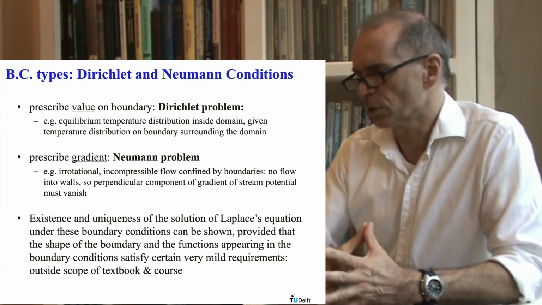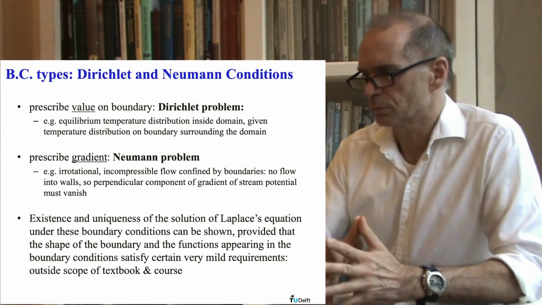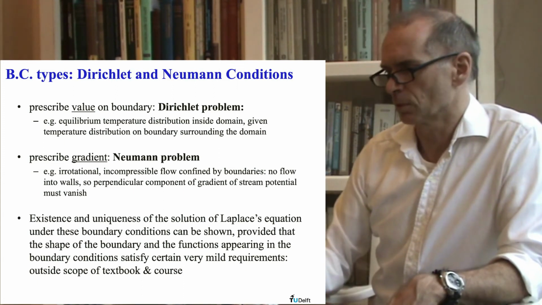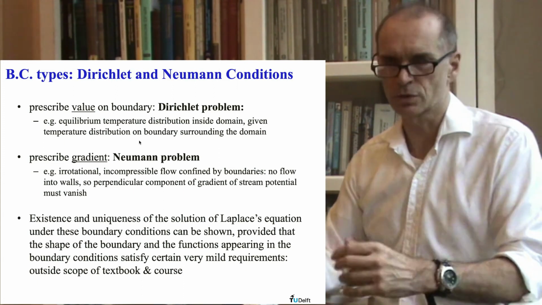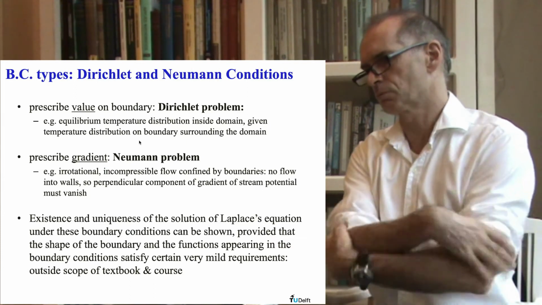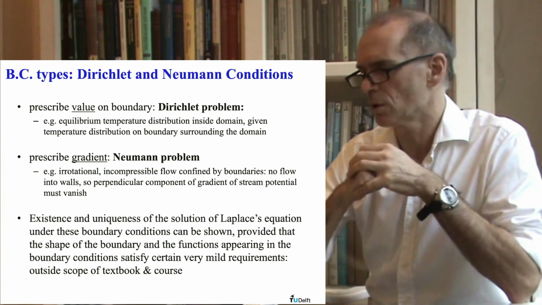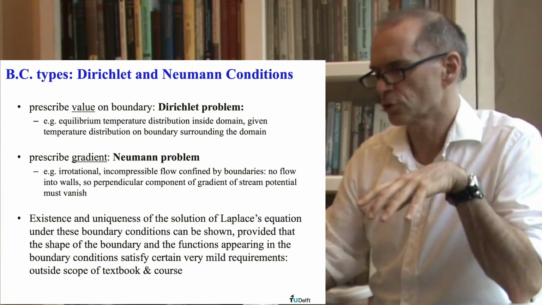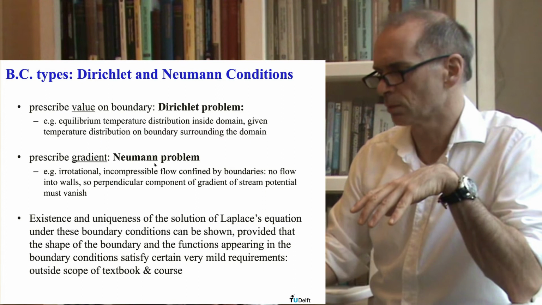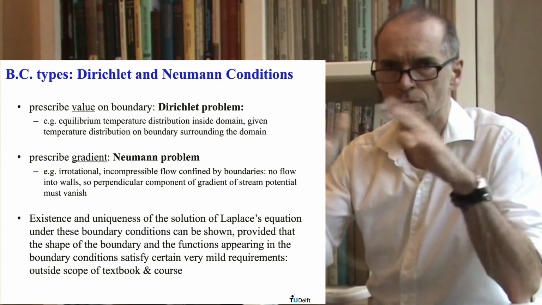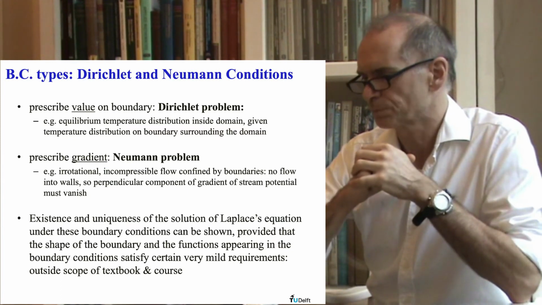Yeah, and then again also in this context we can prescribe values, and then you would have Dirichlet problems. That would be, as we just had in the previous slide, we prescribe temperatures on the boundaries of a domain, for example. But you could also prescribe gradients, a Neumann problem. That is the case if you would say, well, one of the sides of a box is insulated. Another